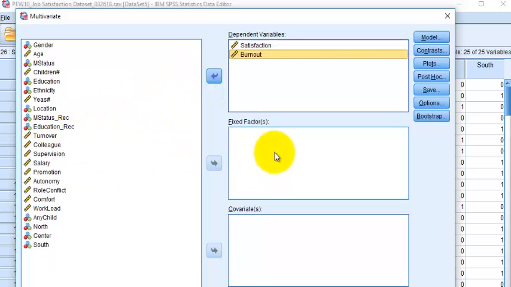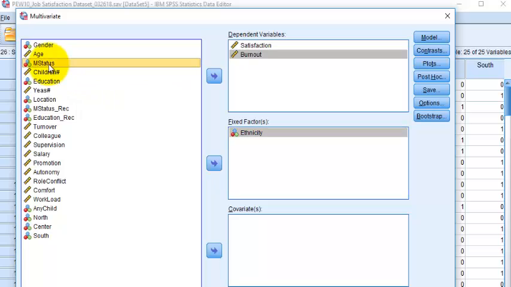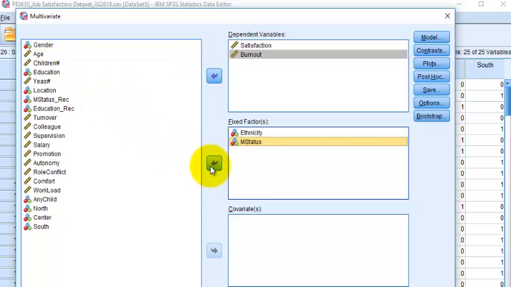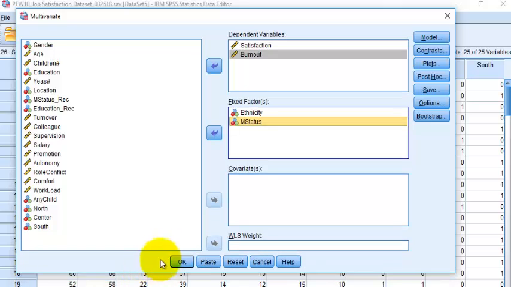Our fixed factors, that means categorical IV in this situation, are ethnicity and marital status. And we're thinking that the covariate, no covariate here, right? This is the first one, sorry. And let's go ahead and set it up.